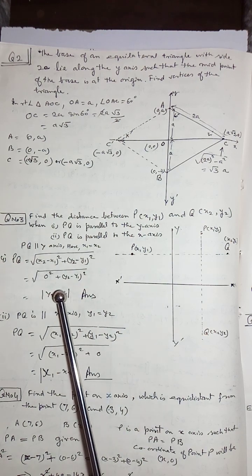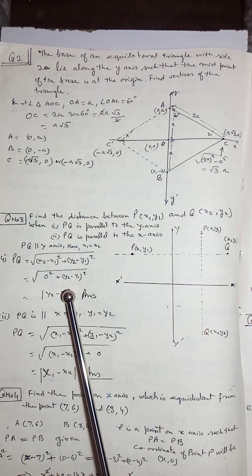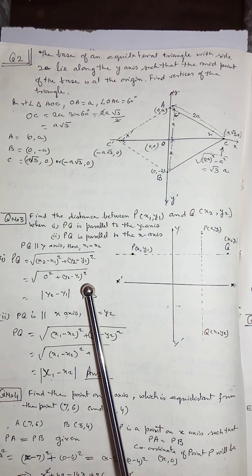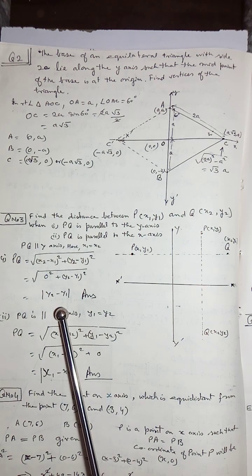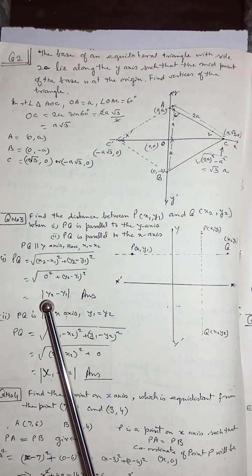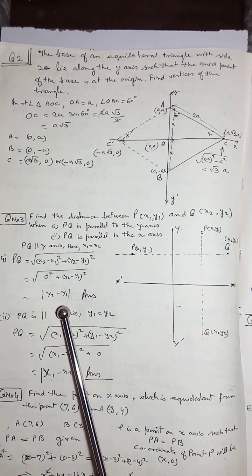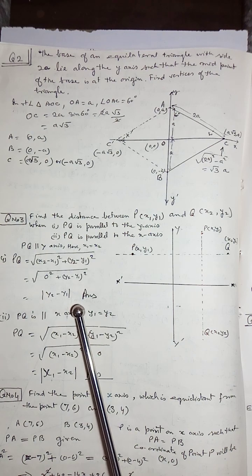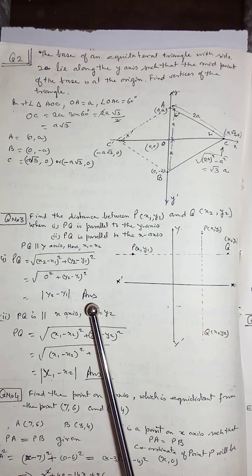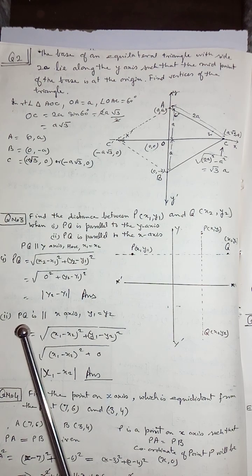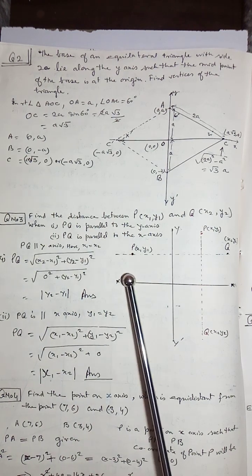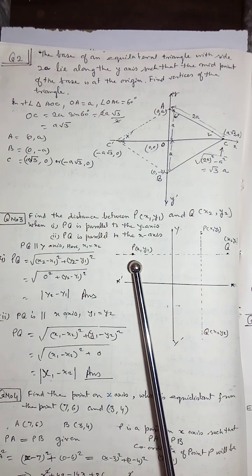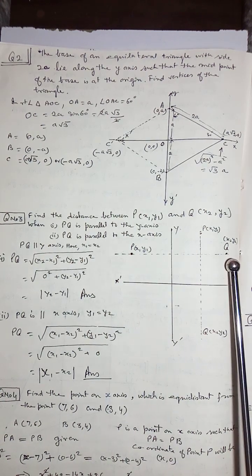So the 0 square प्लस y2 माइनस y1 का whole square, जैसे ही स्क्वायर को हटाएंगे तो इसको मोड में लिख दिया गया है. प्लस हो या माइनस हो, the distance will be always taken in positive, and this will be the answer. Now come to the second part of it, that is PQ is parallel to x-axis. अब PQ is parallel here, P is x1, y1, Q is x2, y2.